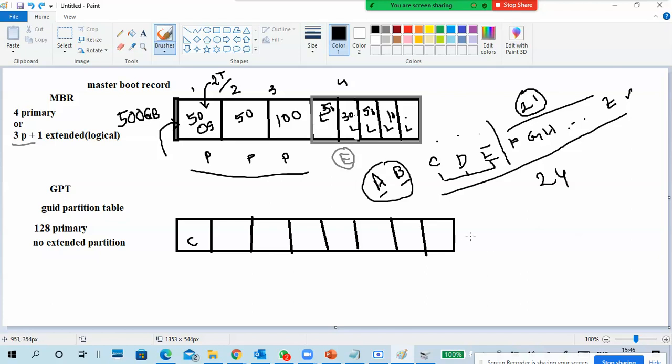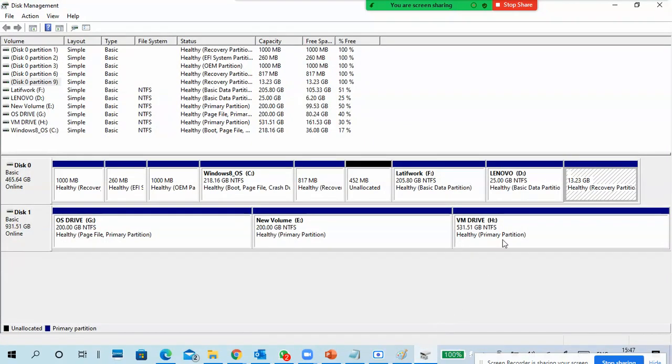But I will tell, if you have a drive and you don't want to assign a drive letter, there is no need to assign a drive letter for accessing data. Very simple. You can mount this drive to an empty folder. So if you open this folder, you can access this data. Usually we do that in Linux but not in Windows. So I need a simple partition.